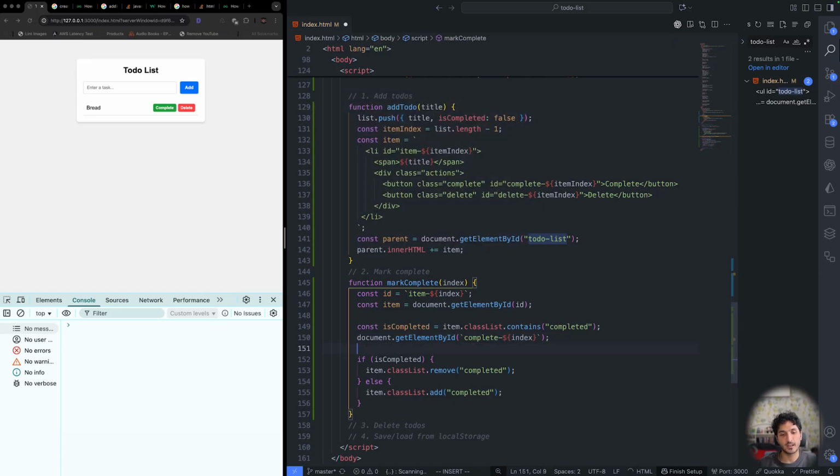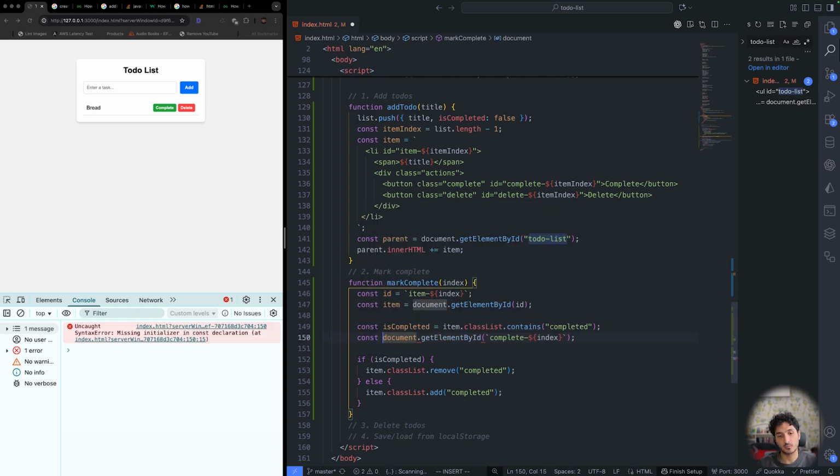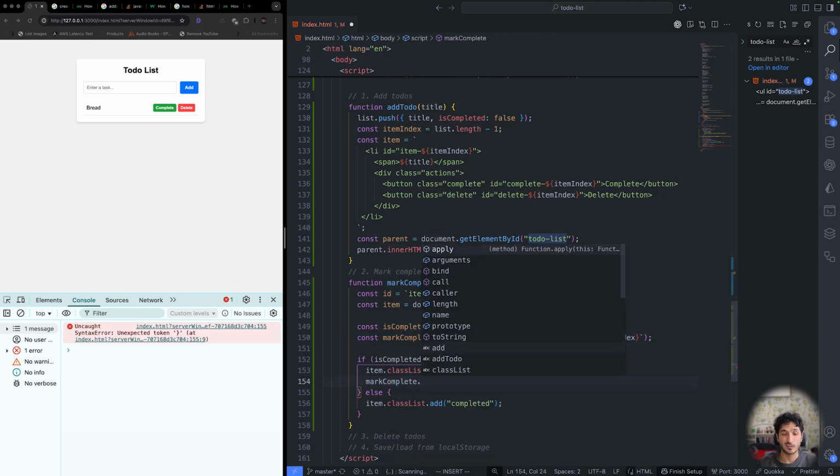Okay, and I'm going to toggle. This is a mark complete button, and in here I want to mark complete button dot